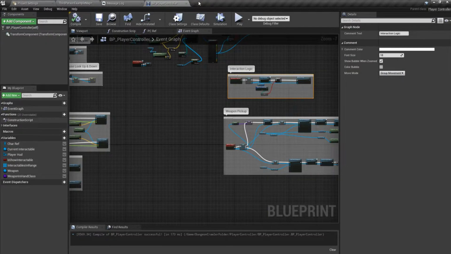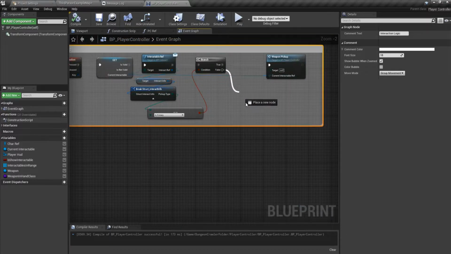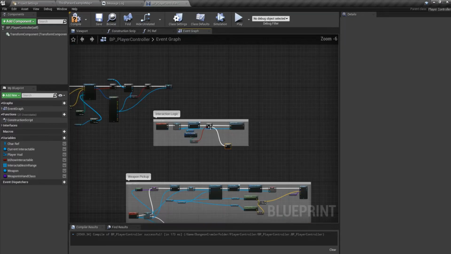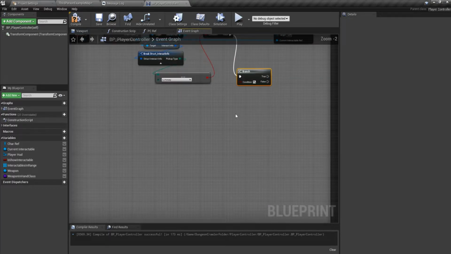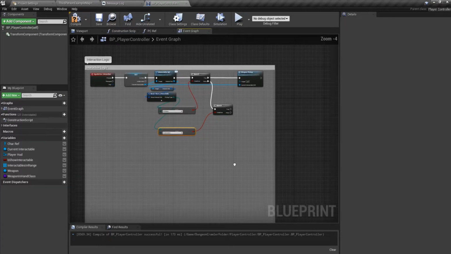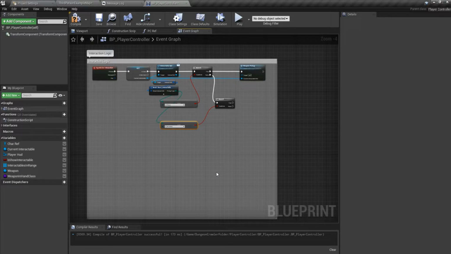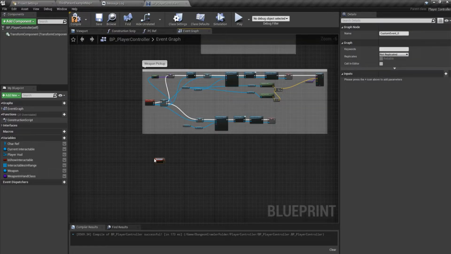Now open up our player controller back over here in the interaction logic. When this is false, we do another branch check, and this time around we do it to make sure if it is the secondary. If it is the secondary, we'll call in another event. We'll make that a custom event. We'll call it shield pickup, and the input type would be the same, actor, and we'll call it current